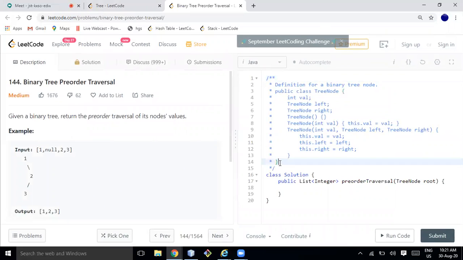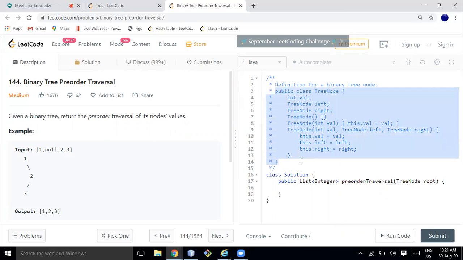If you see the node structure here, it's a bit different, right? Here you can see public class TreeNode, int val, TreeNode left, TreeNode right. This is a constructor, this is a constructor with value, this is again one constructor, and this is value, this is left, this is right. So this is the structure. For real-time work we'd do it differently, but for normal problem solving, you will generally find this structure.